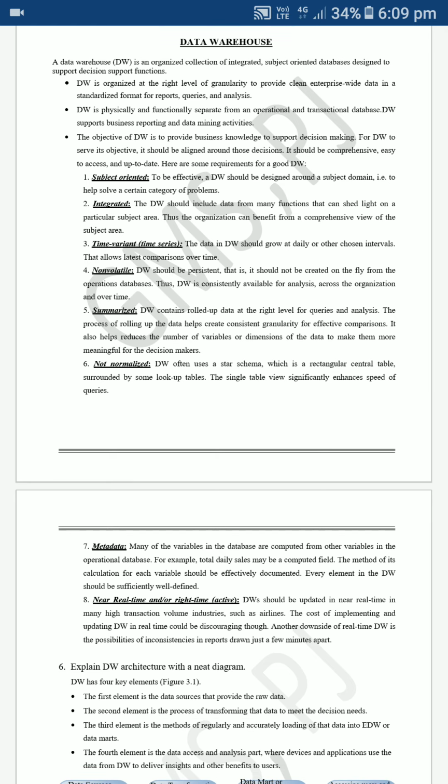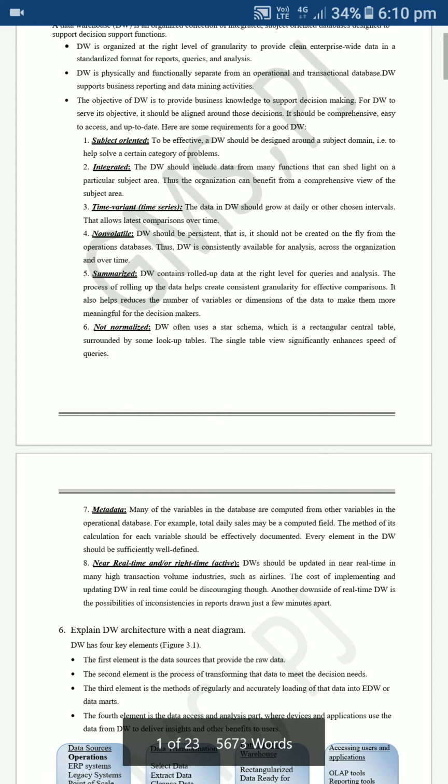Next one is time variant. Time variant means it is a time series, used for intervals of time, at least comparison over time. It will be using a huge amount of data, and after entering that data, all the data will be centered on time intervals.